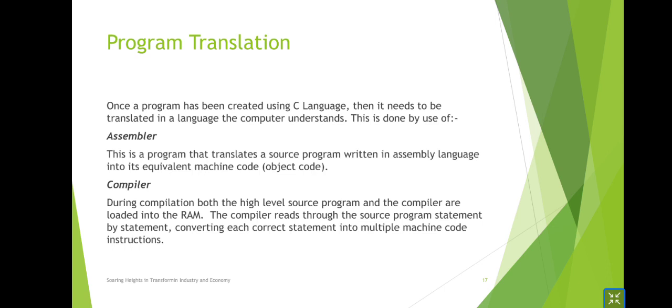And I remember we had said that in assembly language we were using mnemonics and abbreviations. So since this could not be understood by the computer, there was need of an assembler. Assembler is just a program. It's another program. It's a software that is used to convert from the assembly language into machine equivalent so that the computer can be able to understand. Nowadays, we are not using the assemblers because we are not using the assembly language.